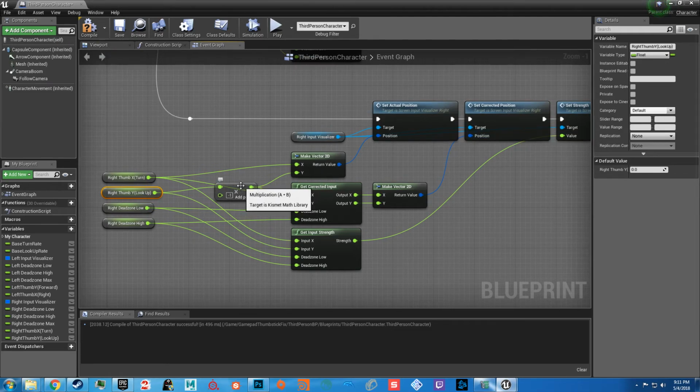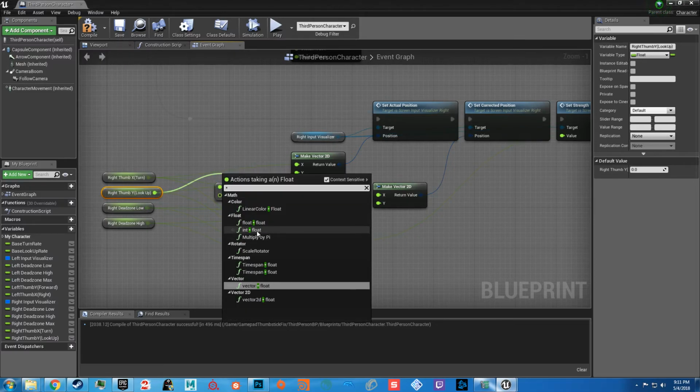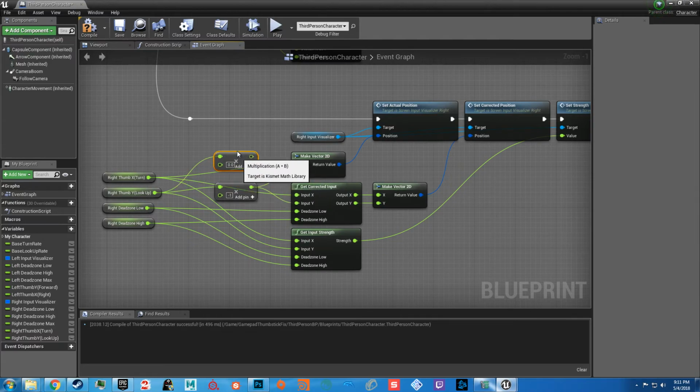You're going to have that accurately represent where your thumbstick is. You're going to want to drag off, multiply, float by float. You're going to want to multiply it by -1, and then drag that into the Y of the make vector 2D, and into the Y of the get corrected input, and that will